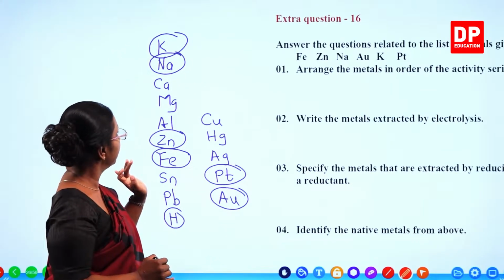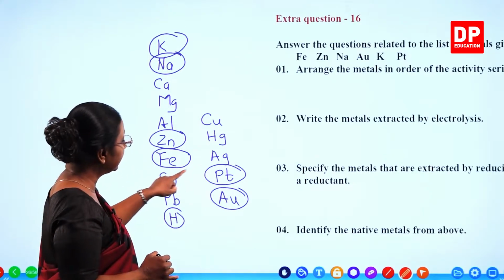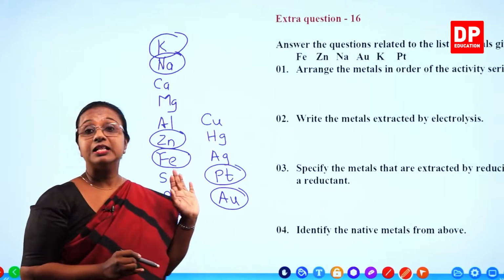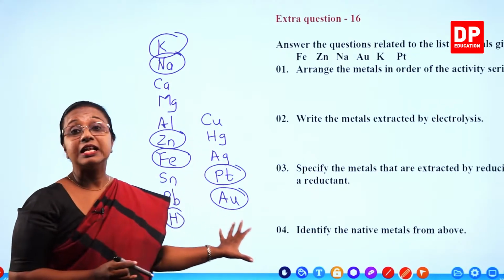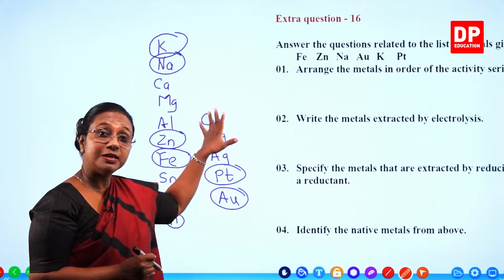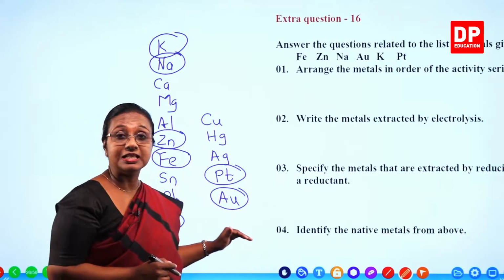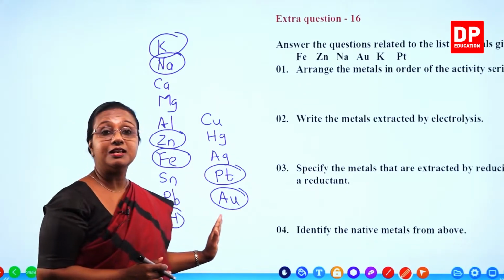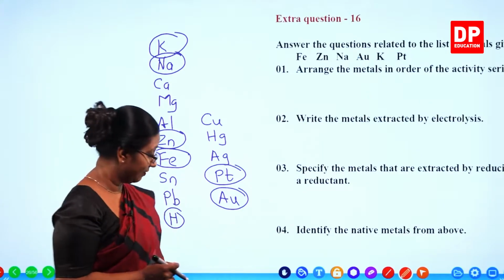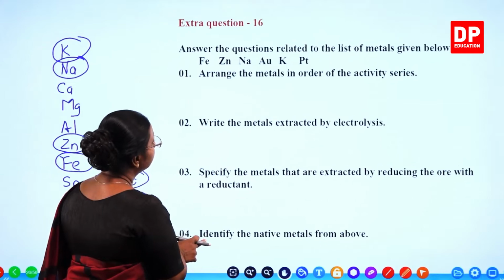The first two elements are highly reactive, then moderately reactive zinc and iron, and platinum and gold, the least reactive elements. So you know the reactivity of these elements because you know the order of the activity series. The reactivity decreases as you go down the activity series. So then, if we look at the questions,